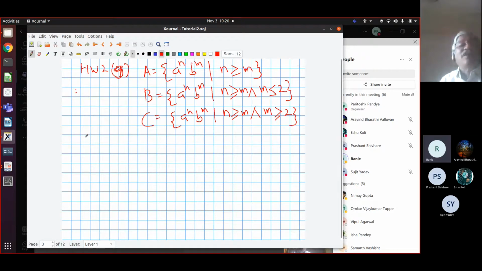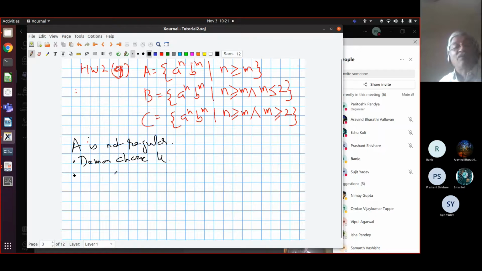So for the pumping lemma, let's give it a try. So A is, let me write in black so that the question becomes different, A is not regular. How will we use the pumping lemma? The first step is that the daemon chooses K. He says it's regular, and he chooses K. Our answer is we should choose some string in this language, which is a long string, and some subpart of it which cannot be pumped. So any idea what we should choose as the string?